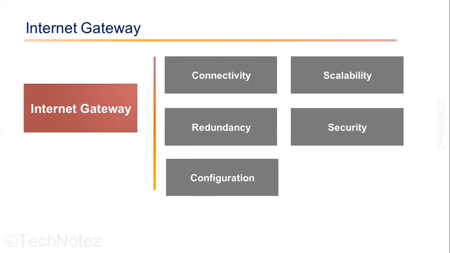Configuration. You can configure your AWS Internet Gateway to route the traffic to specific destinations such as other AWS services, on-prem resources, or the internet. Cost. Internet gateway pricing is based on the amount of data transferred over the gateway. There is no upfront cost and you only pay for what you use. You can use the internet gateway to provide internet services in your VPC. You can use the internet gateway with a NAT instance or NAT gateway. That totally depends on your application architecture or business requirements.